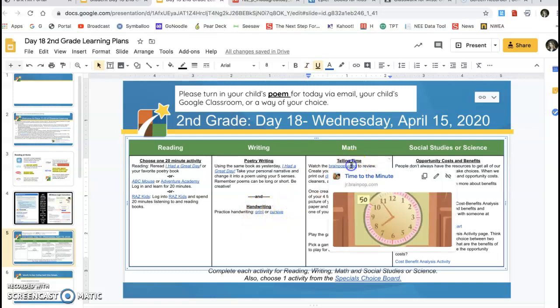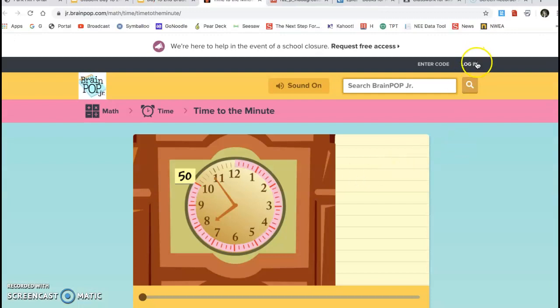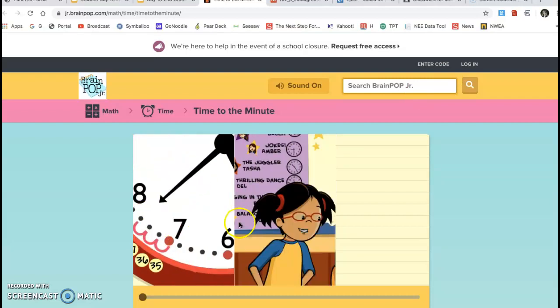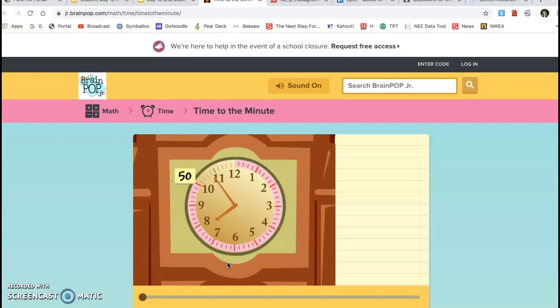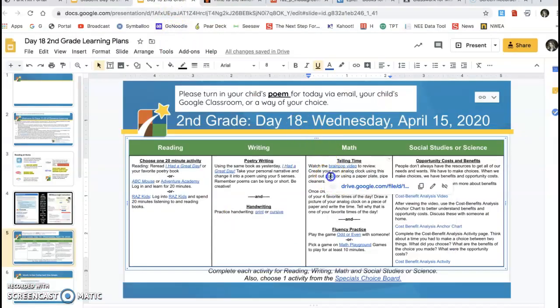For telling time, there is a Brain Pop video. And again, it will be asking you to log in sometimes, not on this one. I will say this is about telling time to the minute. We in 2nd grade learned telling time to 5 minutes, so you probably will review that skill. If it doesn't, you can review it with them. We have learned it, but it kind of gets forgotten along the way, so do that review with them. And then you can print out a clock